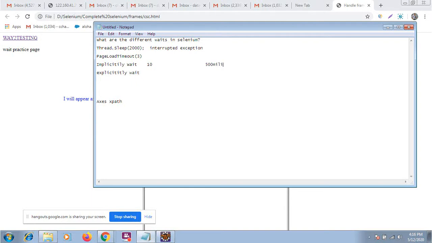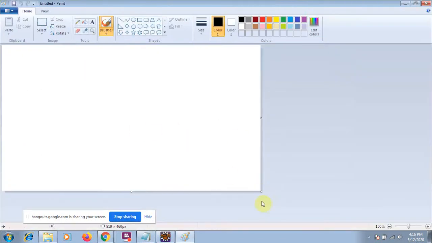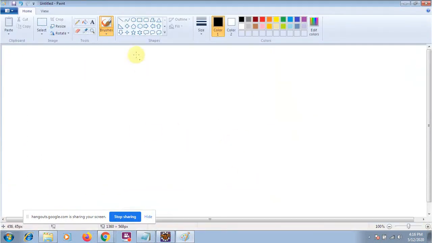What do you mean by the 500 milliseconds, or what do you mean by the polling time? Polling time means suppose that I am saying to you just wait for me. For example, let me open the notepad so that I can explain each and everything. Okay, suppose that there is a person, and he is waiting for another person to come in a street.